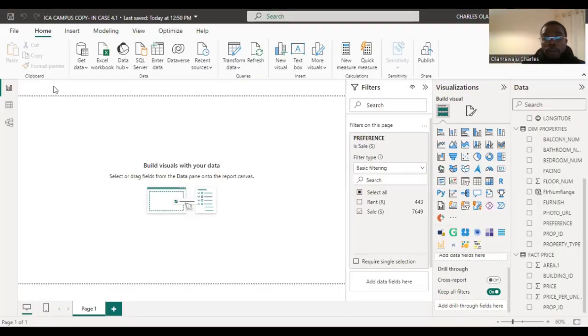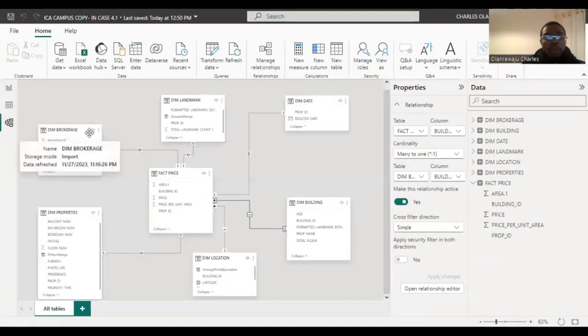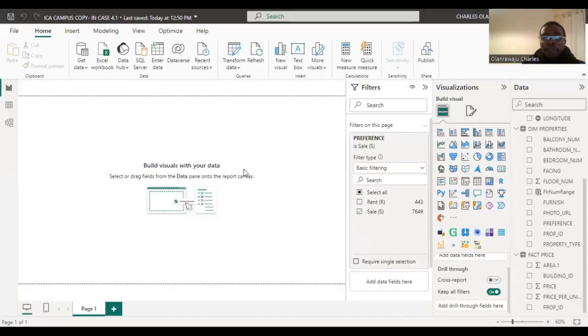Don't forget where we are coming from, what we've done before. We've carried out the data cleansing. The modeling has been done using the star schema model. As you can see in our model view, this is the star schema modeling. Now, after those two have been done, the cleansing and the modeling, the next thing we need to do is to create our visuals